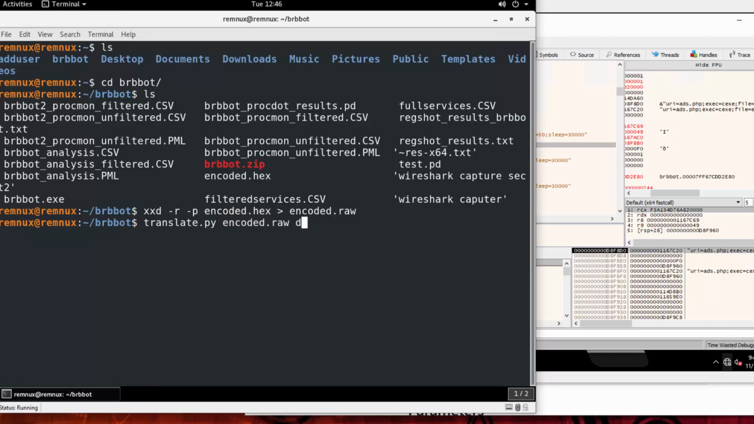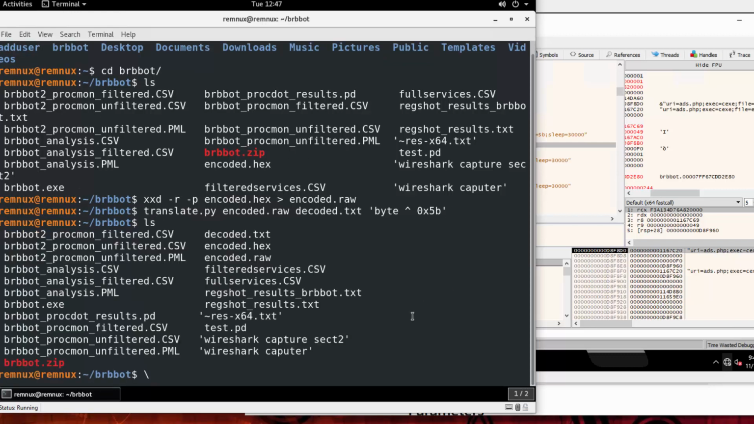decode.txt. I'm converting encoded.raw into some block of decoded text. And it wants an argument, byte caret 0x5b. That is the key that we're using, so we're telling it to use that to try and decode this text. If everything works properly, I should now have a file called decoded.txt. When I take a look at that,